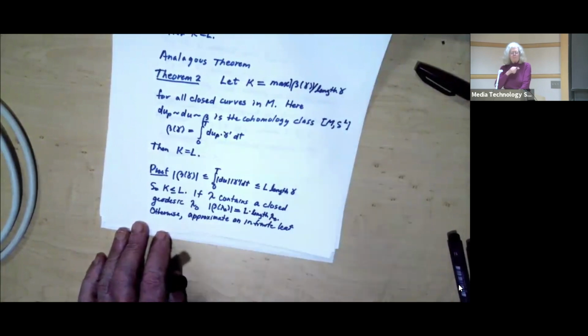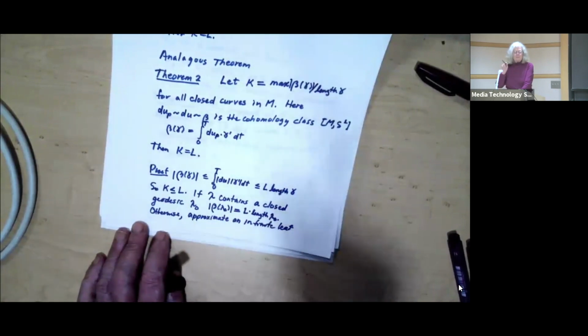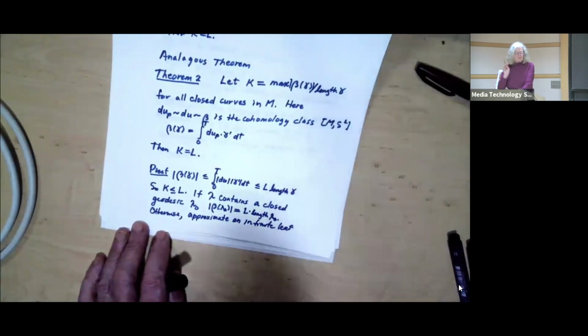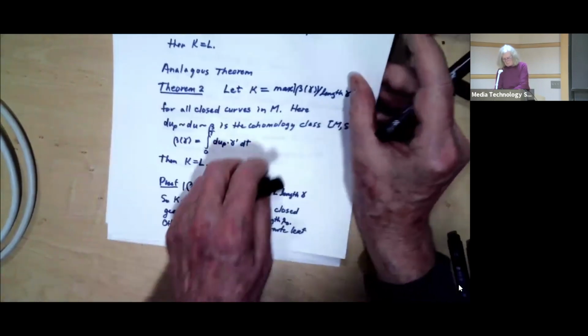You close them up and make the estimate, and use the fact that the big geodesic with the little broken piece is actually longer than the geodesic in that homotopy class, and so you easily get the fact that K is actually equal to L. So this is